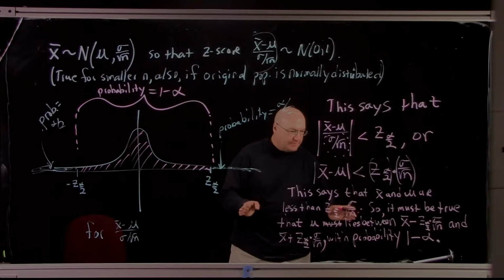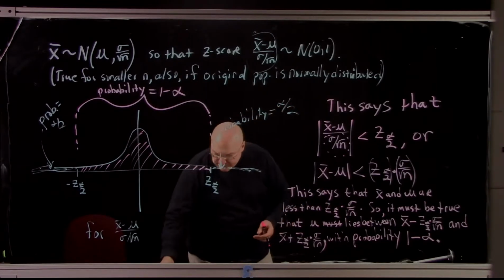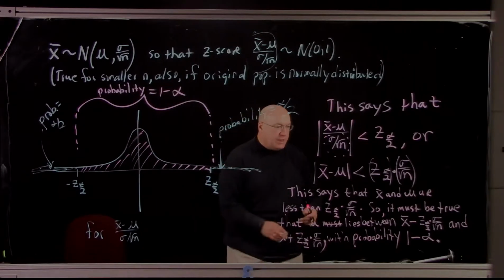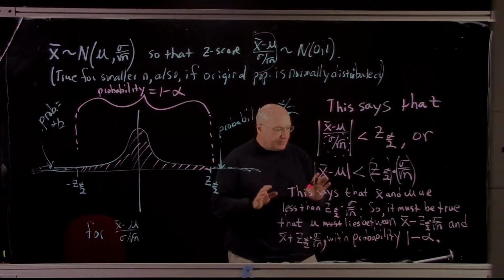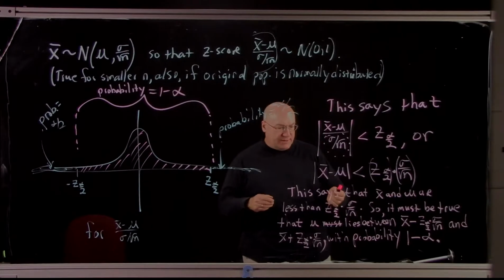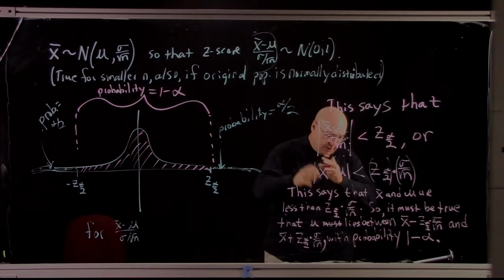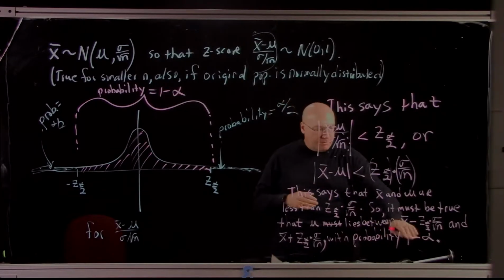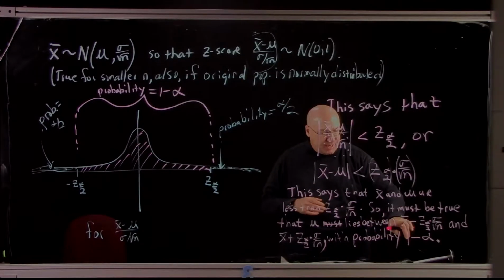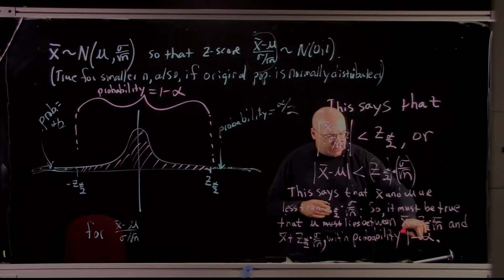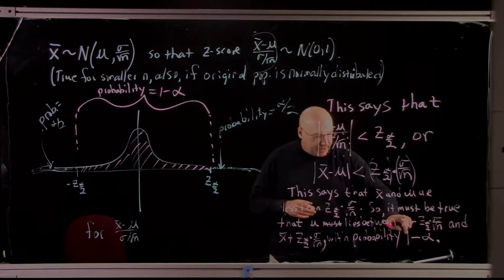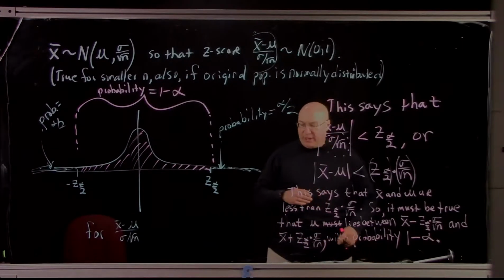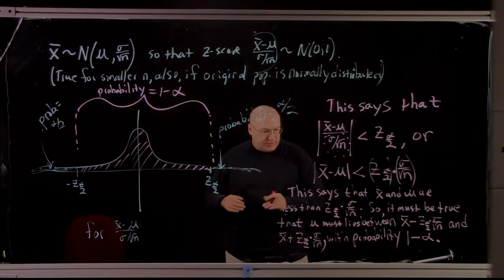So come back. We're going to see this all again, especially in some examples. But let me just refresh a little bit here. I am saying that if I compute a value of x bar, mu with probability 1 minus alpha will lie between the number x bar minus this thing and x bar plus that thing, all right? Now I have a little bit more to say, and then we'll do some examples,